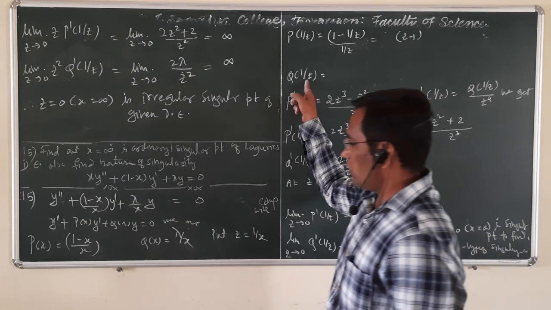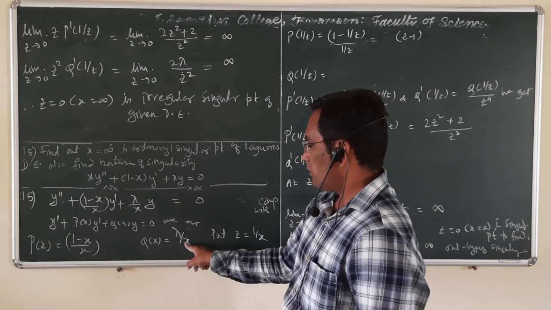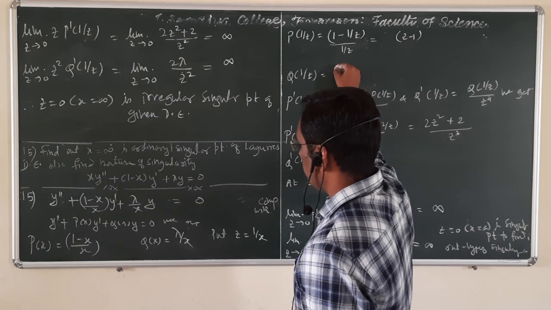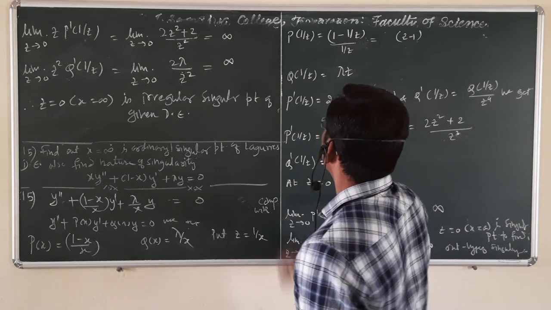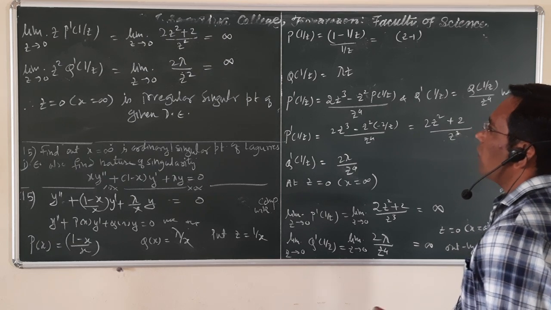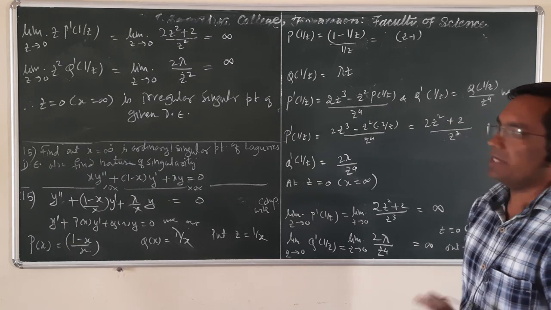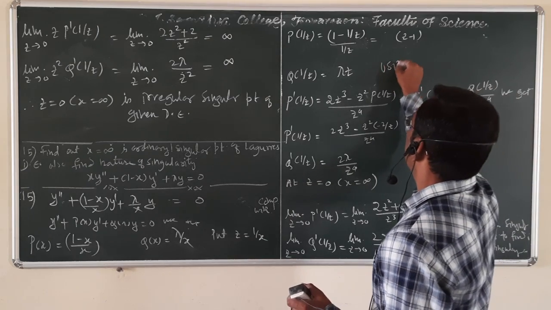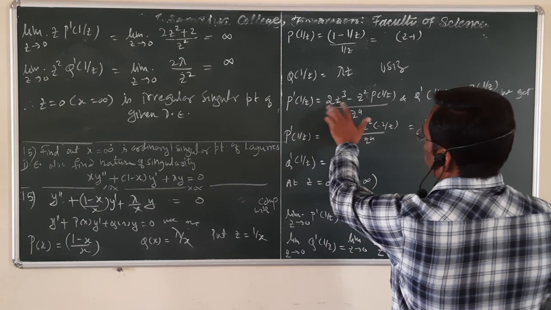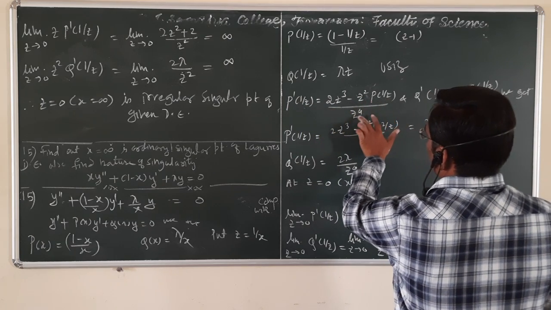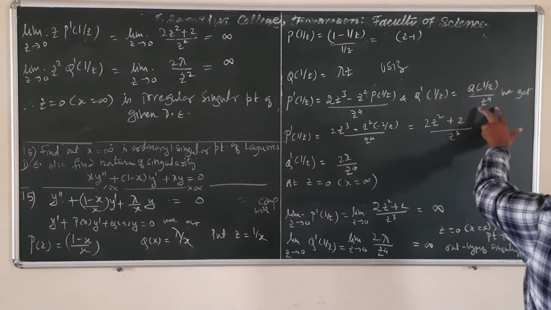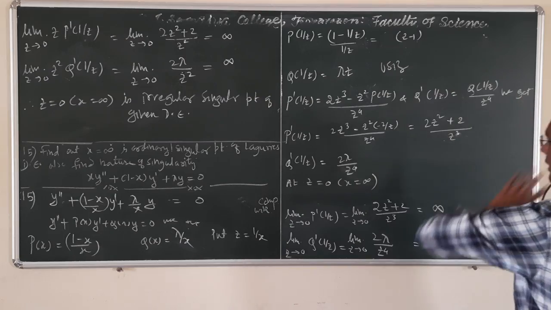Similarly for Q of 1 upon Z, if you put the value of x as 1 upon Z, Q is nothing but lambda into Z. Now we have to find out P dash and Q dash. So using P dash of 1 upon Z as (2Z cube minus Z square P of 1 upon Z) divided by Z raised to 4, and Q dash as Q of 1 upon Z divided by Z raised to 4, we get